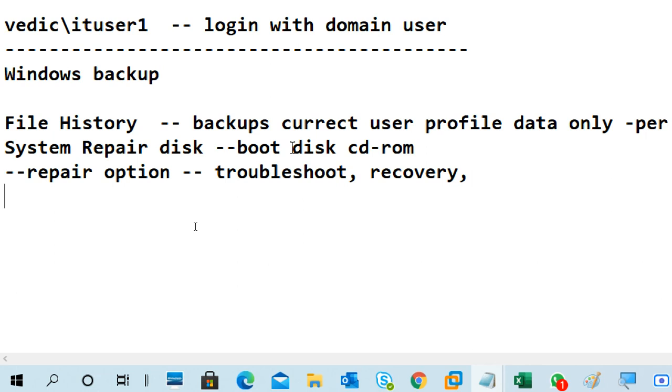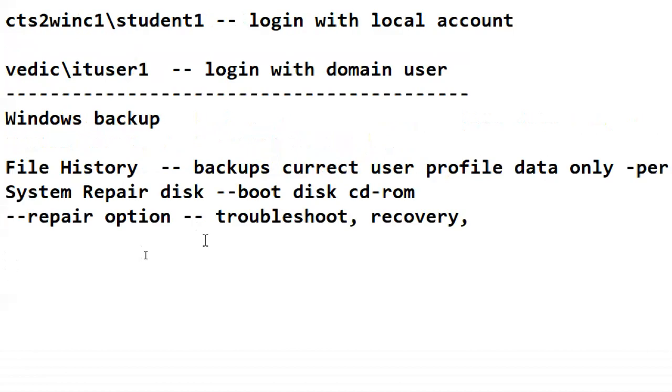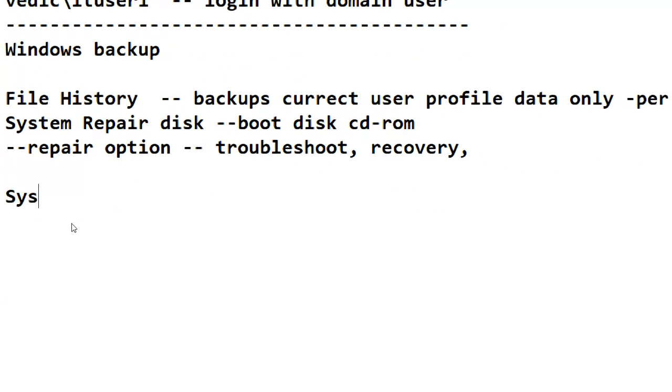troubleshoot, because we are purchasing OEM editions. We don't get a DVD for safekeeping to go to repair options. Of course, Windows 10 doesn't get many troubles, but still, if you want that kind of stuff, you can do it. So this is mainly for troubleshooting purposes. We use this repair disk.